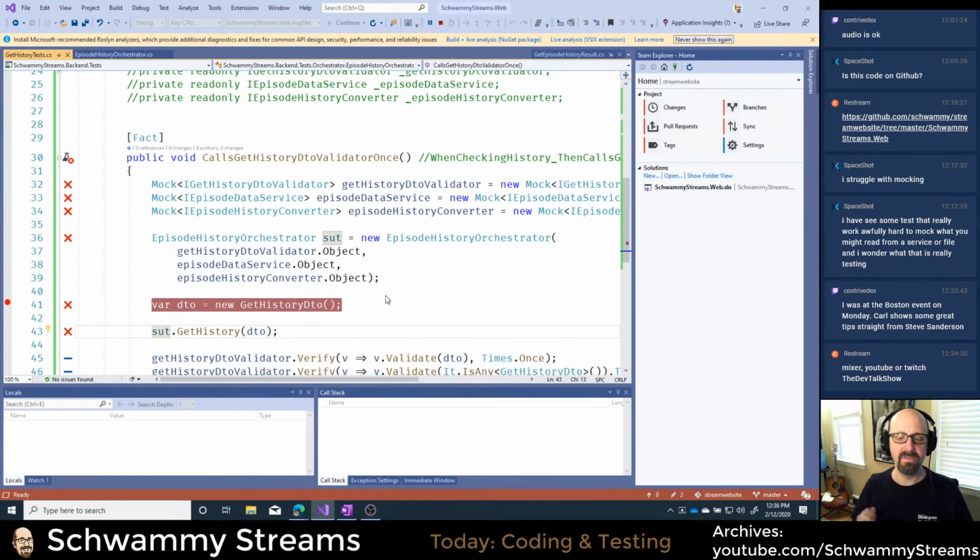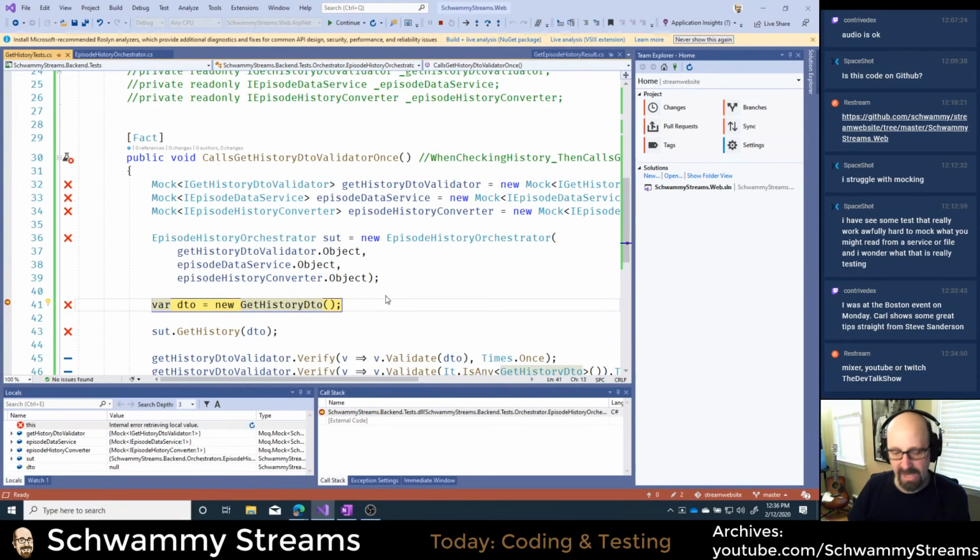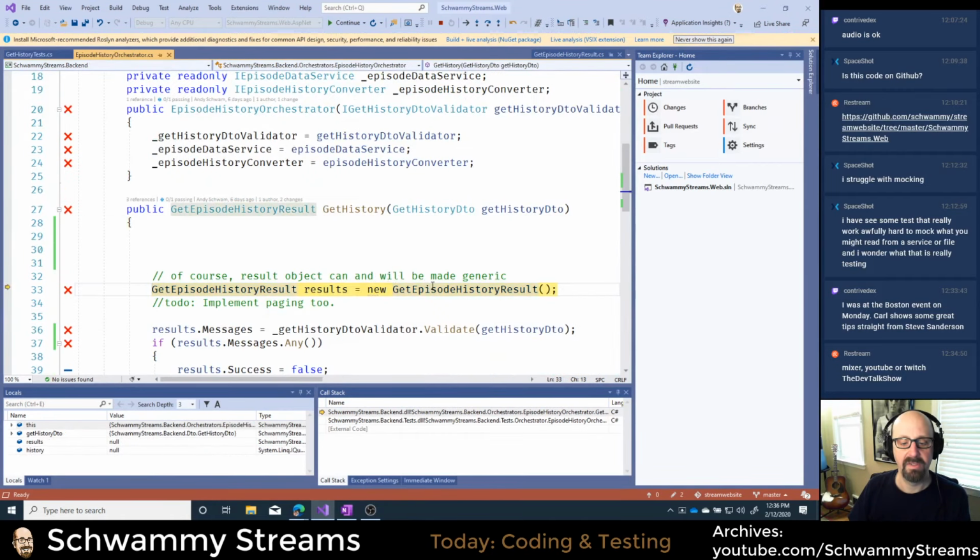So the mock, here's the thing, right? The mock doesn't actually return anything, or will return null, I guess. So let's go down into here and see that when I returned this, what I got back is null, right? Validate returns null, and it overrides messages, of course. Okay, got it. I didn't add a range of messages that were null. I basically set messages to be, yes, I'm setting this thing and it's overriding the fact that it's null.